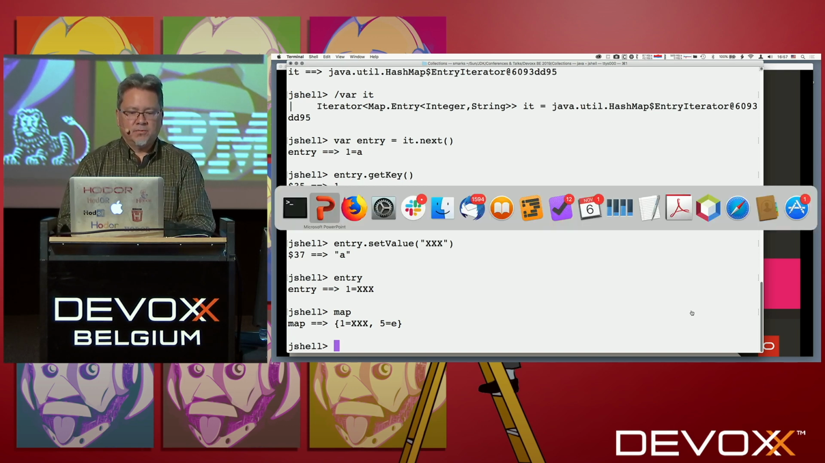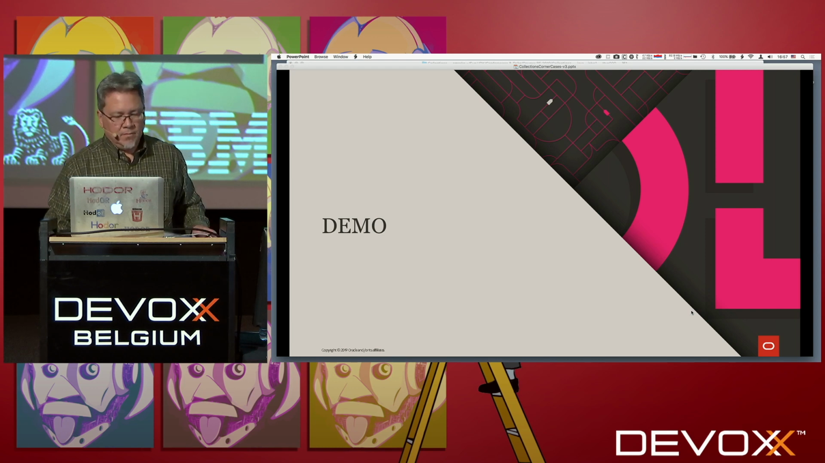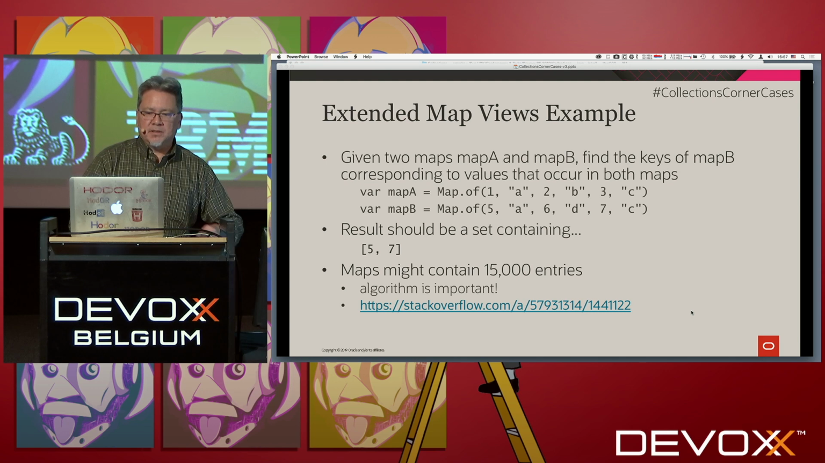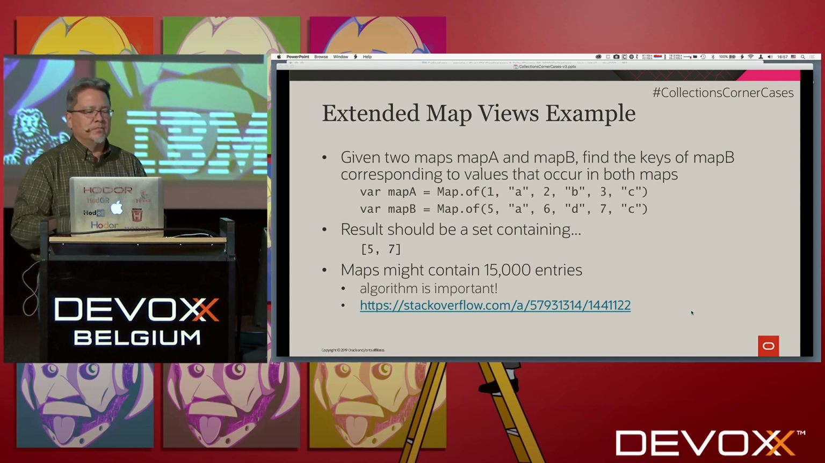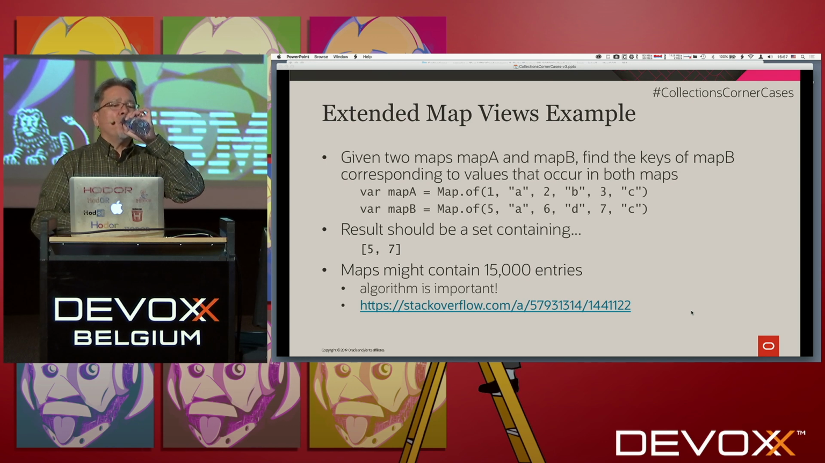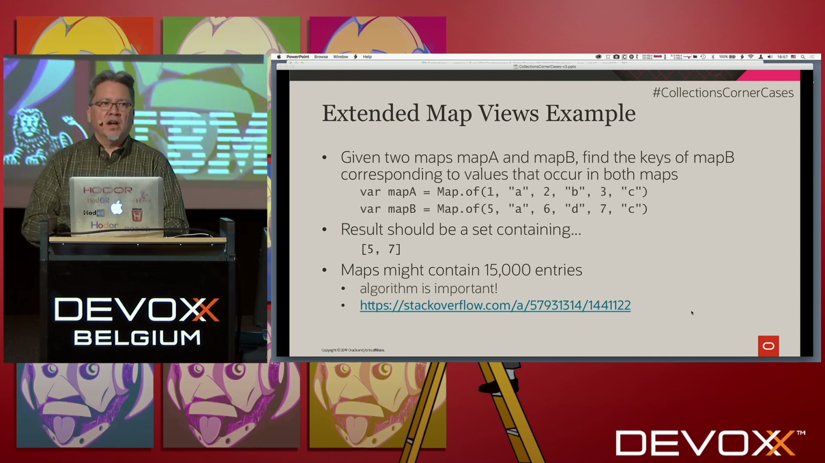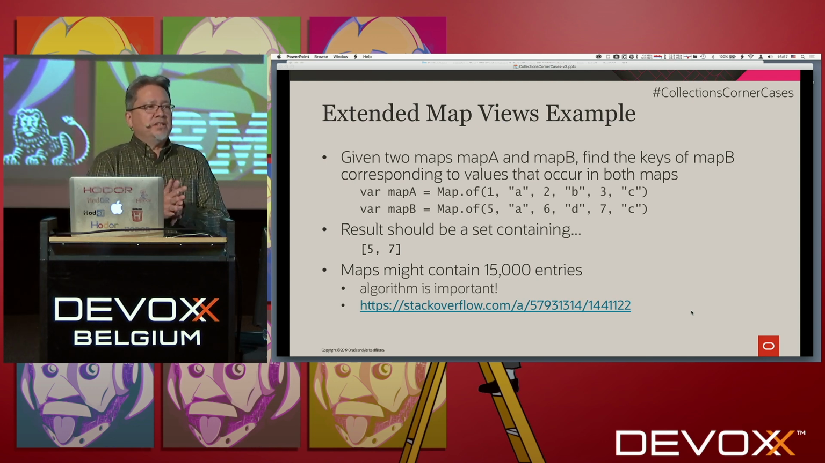All right, let's return from the demo. All right, so there are sometimes when map views can be quite effective at doing operations on collections, even sometimes more effective than stream operations. So for this example, I'm pulling a page from my old playbook, which is that most of the material for my conference talks comes from Stack Overflow. So this is actually an interesting question. This person had a problem, which